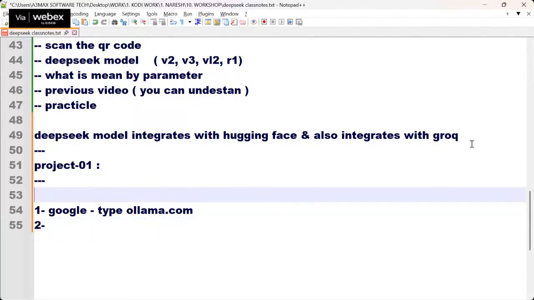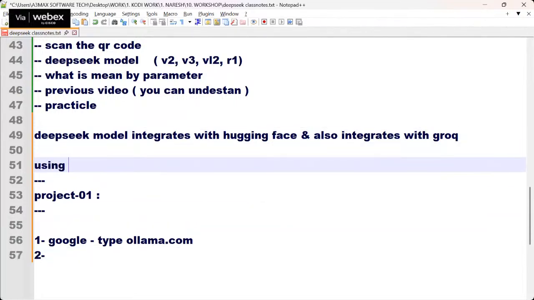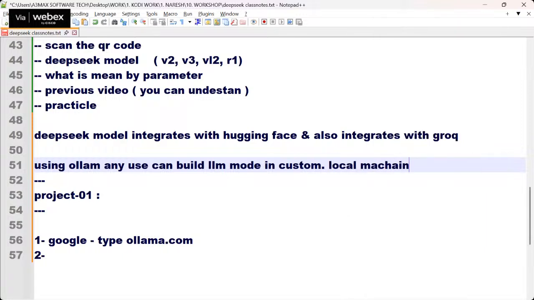What is Ollama? Using Ollama, any user can build LLM models in custom, meaning on a local system, on local machines, meaning your laptop.